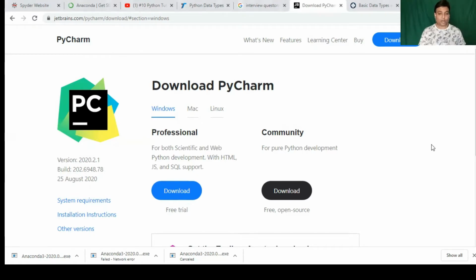Now yes, the third and very, very interesting option. This option is called Anaconda. It's a free distribution, I mean, they have free distribution rights for Python. Okay, so what will happen once you install Anaconda? Anaconda gives you access to each and every IDE which can be used for development of Python or Python-related programs or development activities.